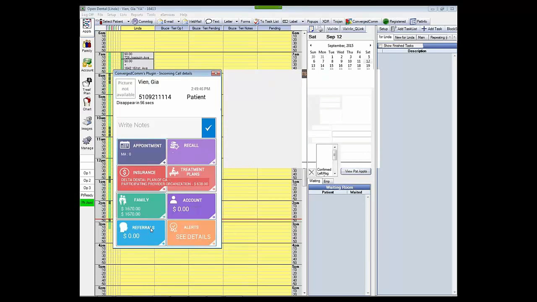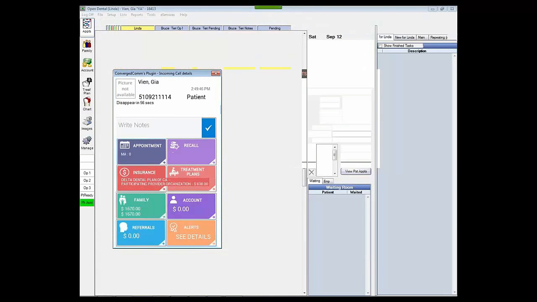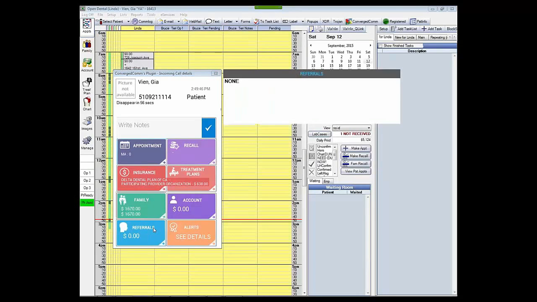Now, what's that showing? Okay, so if this patient had referred other patients, it would show in here the referrals and the amount with that. It would show the referral amount in here. So in other words,